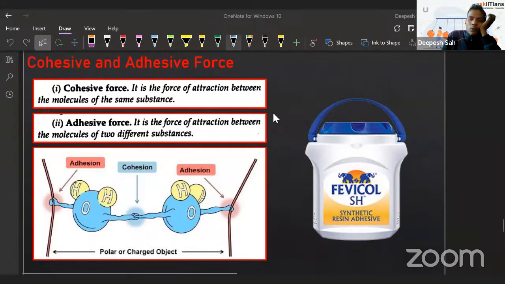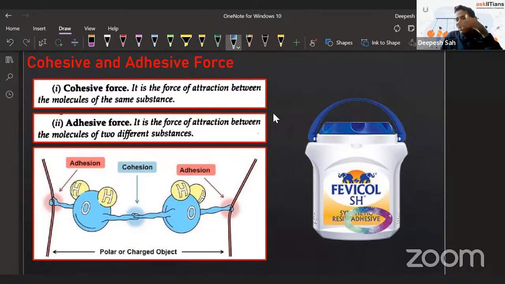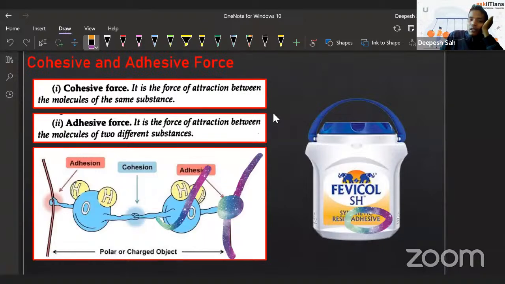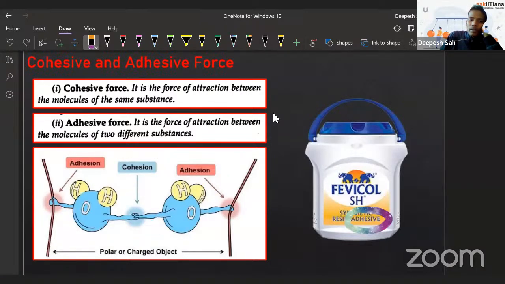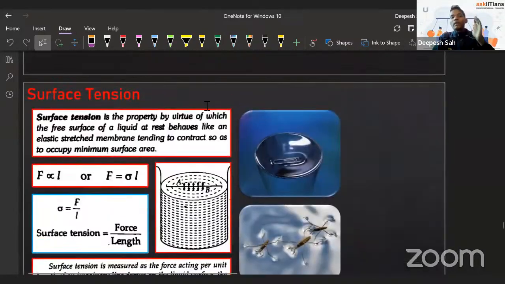First of all, cohesive force, and second is adhesive forces. You might have seen adhesive written at a lot of places like Fevicol bottles. Adhesive force means the force between 2 different bodies. Imagine a water molecule in contact with the glass surface. The force between them is adhesive force, whereas the force of attraction between 2 water molecules is what we call cohesive force. I think that was pretty simple. Why is this important? Because this causes a difference in the